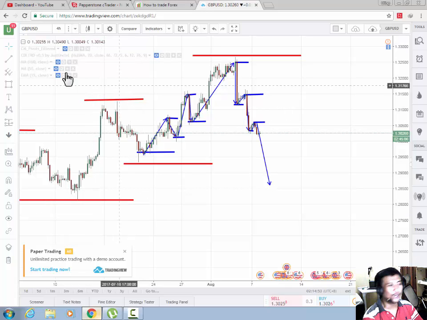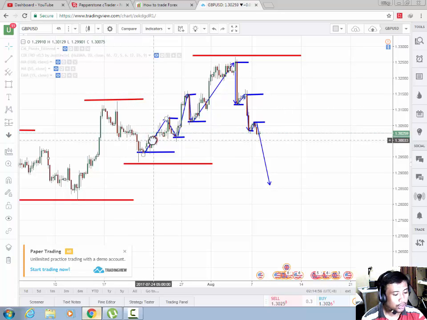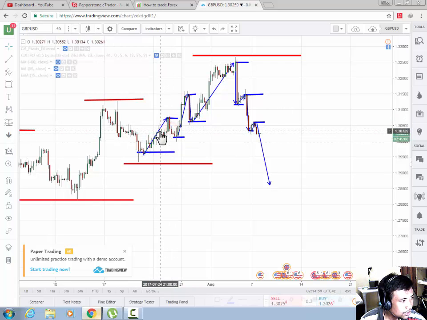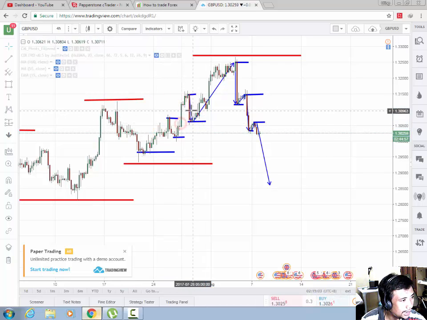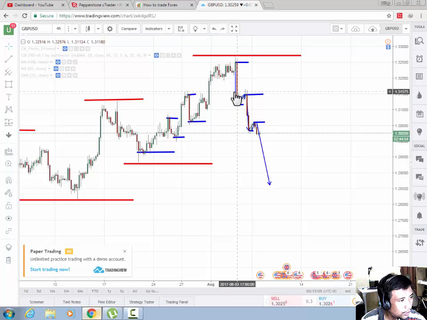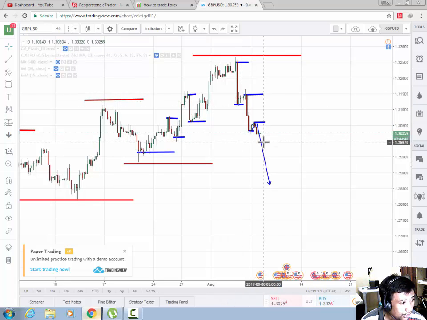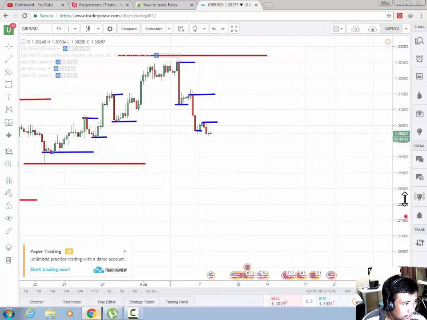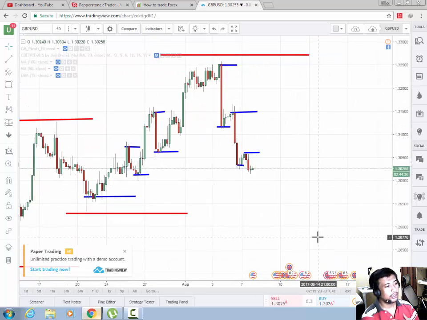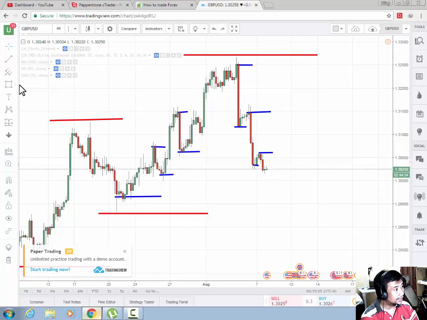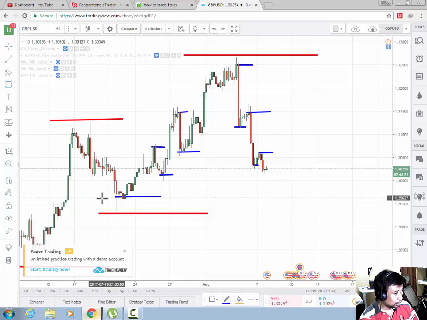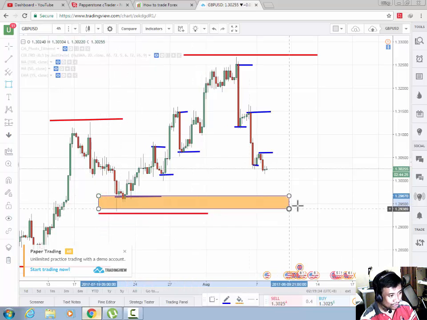Let's move along. So we will have to delete these arrows, so that we could have a sense of what we are doing. As for me, if you have done this already, what I usually do is I combine the previous structure low and the previous structure of the daily and the 4 hours. I combine that one,